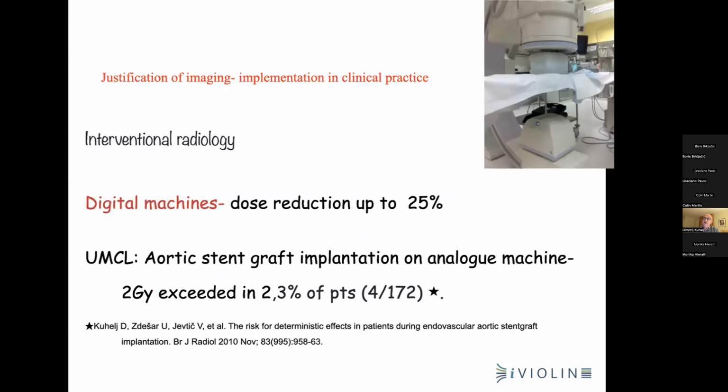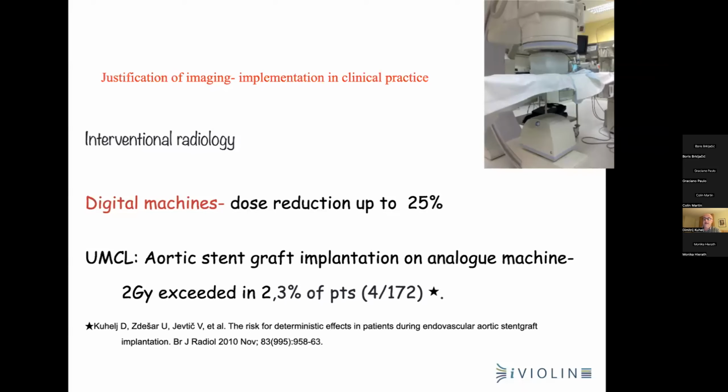In interventional radiology, we have many factors influencing the method or what we will do during the procedure. Mostly, we were happy that digital machines will reduce doses. However, it's not always true. We did a study years ago with patients with EVAR, and we checked 172 of our patients, and 2 grays were exceeded in approximately